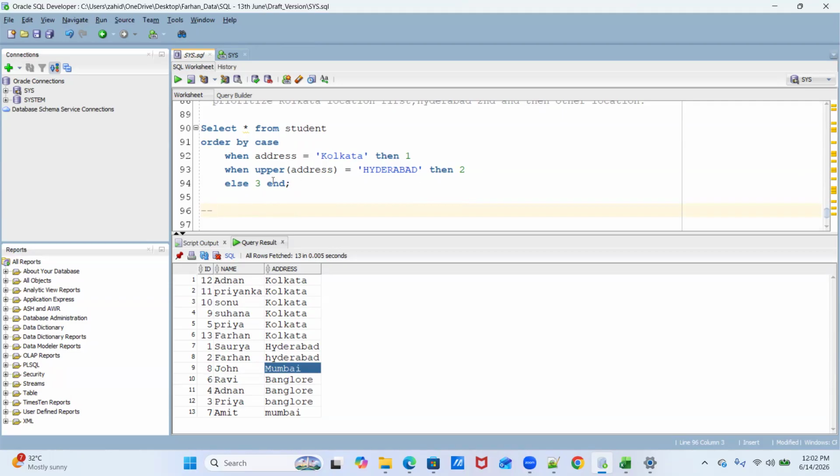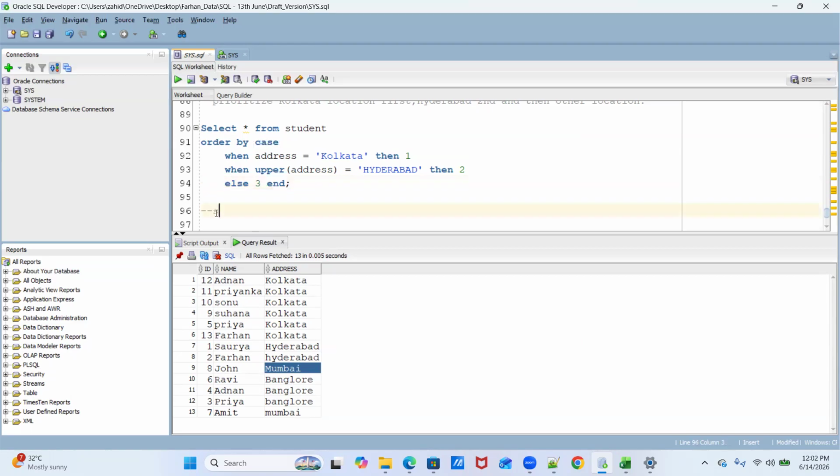The third record, the other records apart from Kolkata and Hyderabad, how can we sort these in ascending or descending? I want to sort these records in ascending, so Bangalore should be first, then Mumbai should come, but now it is behaving weird. So how can we do that?